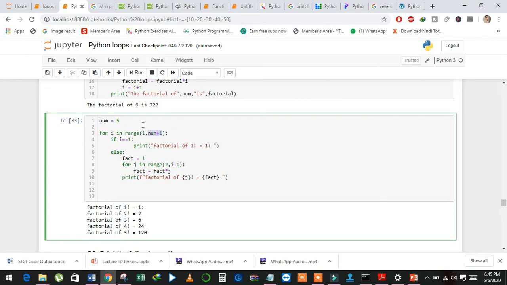That's why I just add num plus 1, because the range started from 0 by default, and I started it from 1. That's why I just add 1 in num, and then I check the base case. If i equal to 1, then just print factorial of 1 equal to 1.